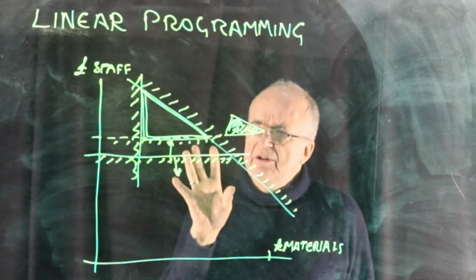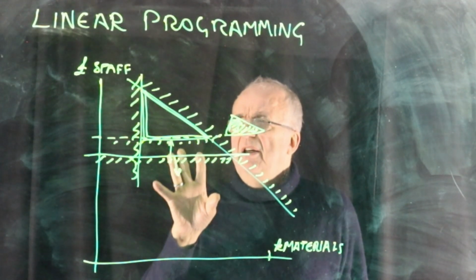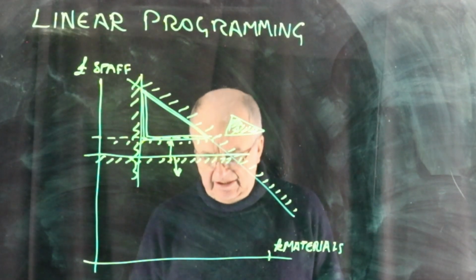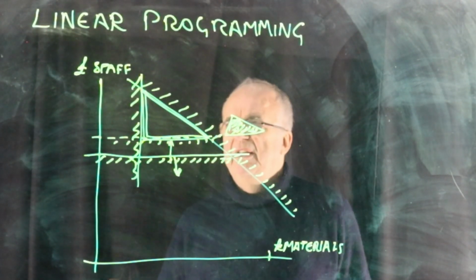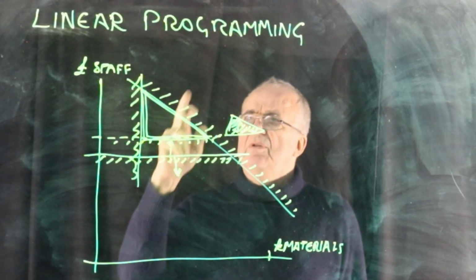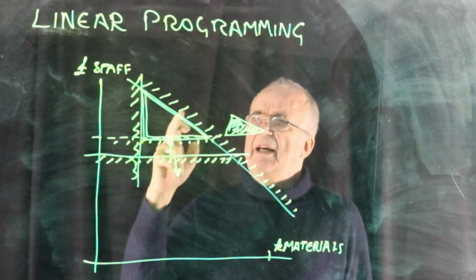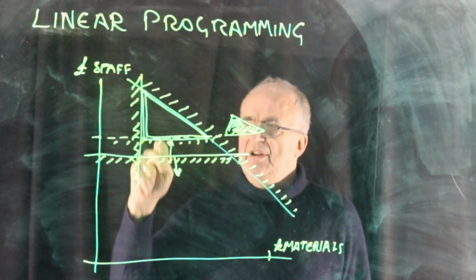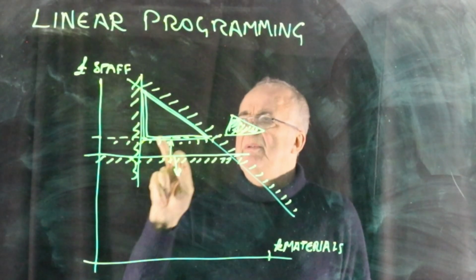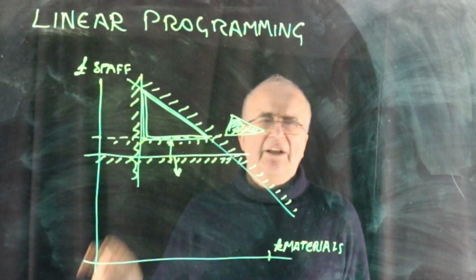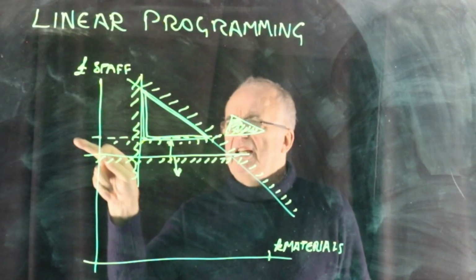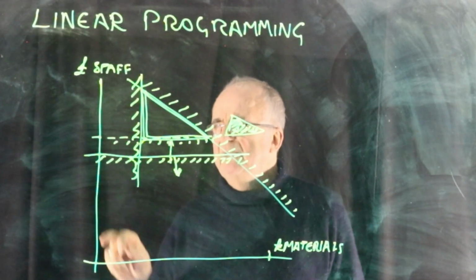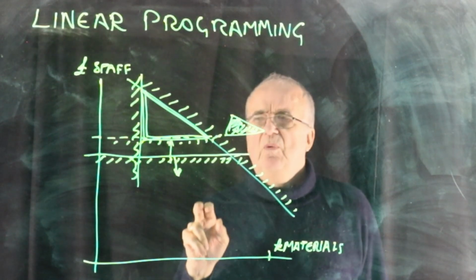So we have a tool for asking ourselves exactly how and in what places policies are going to fail. If the school moves in this direction, we cross that boundary, we don't have enough money. If we move in that direction, we don't have enough staff to do the job. And if we do move in that direction, the staff won't have textbooks, they won't have films, they won't have audio cassettes, they won't have materials to teach the children. Which is the